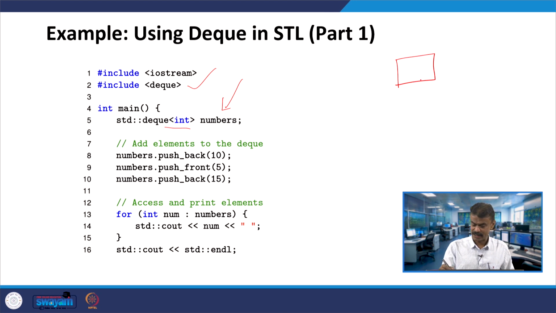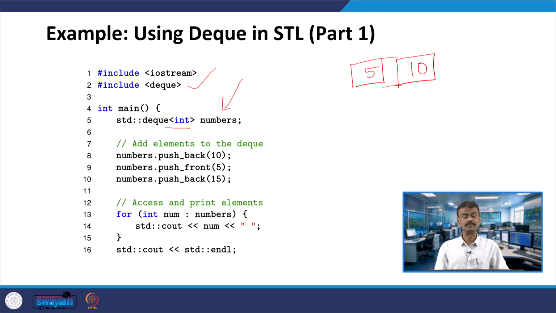Push back or front does not matter because it is an empty queue, so 10 will be here. Next, numbers dot push_front, so we are pushing 5 over here. Understood, it will be 5, 10 like this.